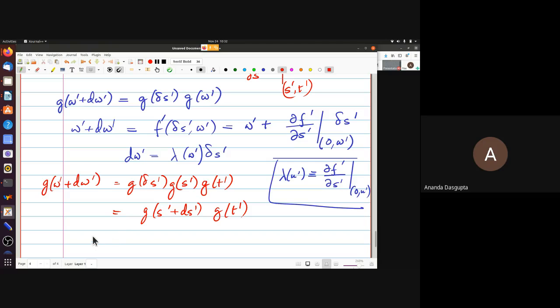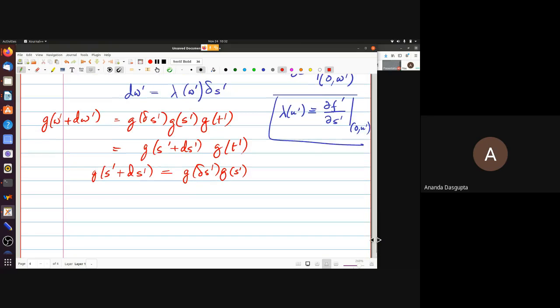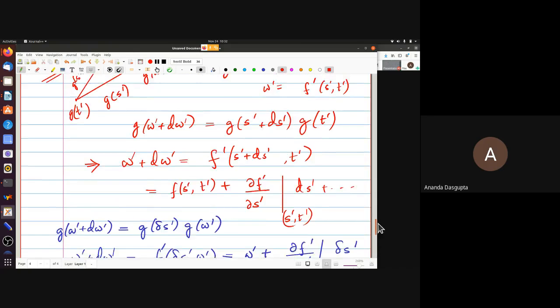right? So this immediately tells us that this is where the group structure becomes very important. Because it's a group, you can cancel out the GT prime and you get g of S prime plus delta S prime is g of delta S prime times g of S prime. Okay, so all we have done,